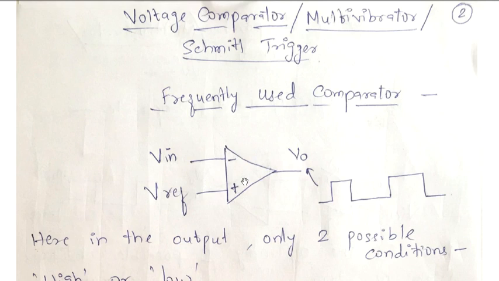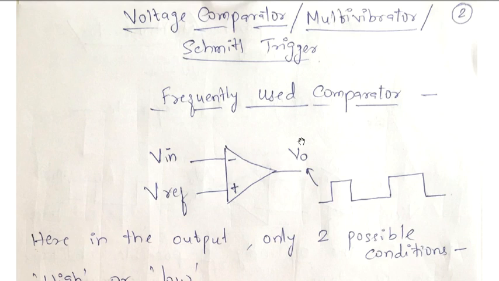Here also, as you can see, op-amp is used. So op-amp can be used as a voltage comparator. There are two inputs, as you know, inverting input of op-amp and the non-inverting input of op-amp. To the inverting input of op-amp you are applying some voltage. Let that voltage be called as input voltage. And to the non-inverting input of op-amp you are applying some voltage. Let that be called as reference voltage. And then of course on the right hand side you have this output voltage.